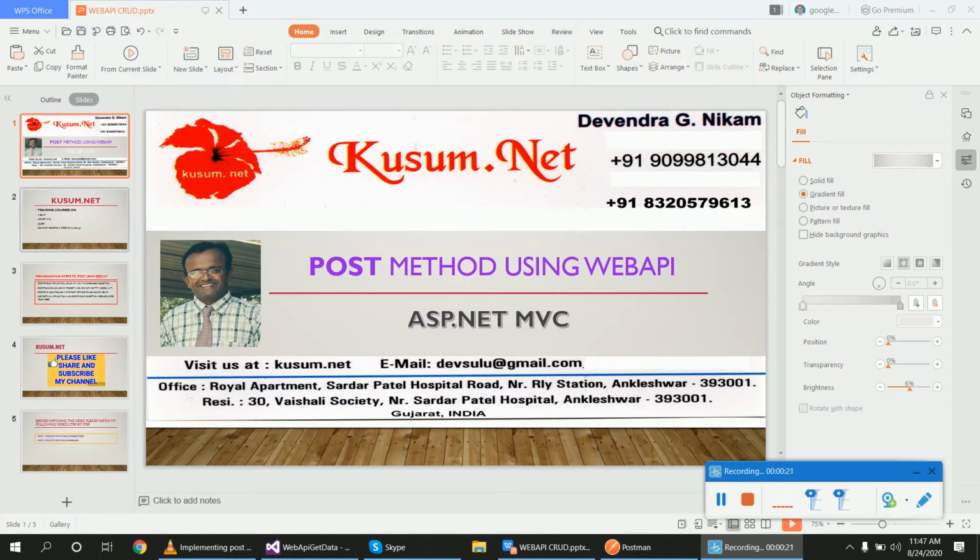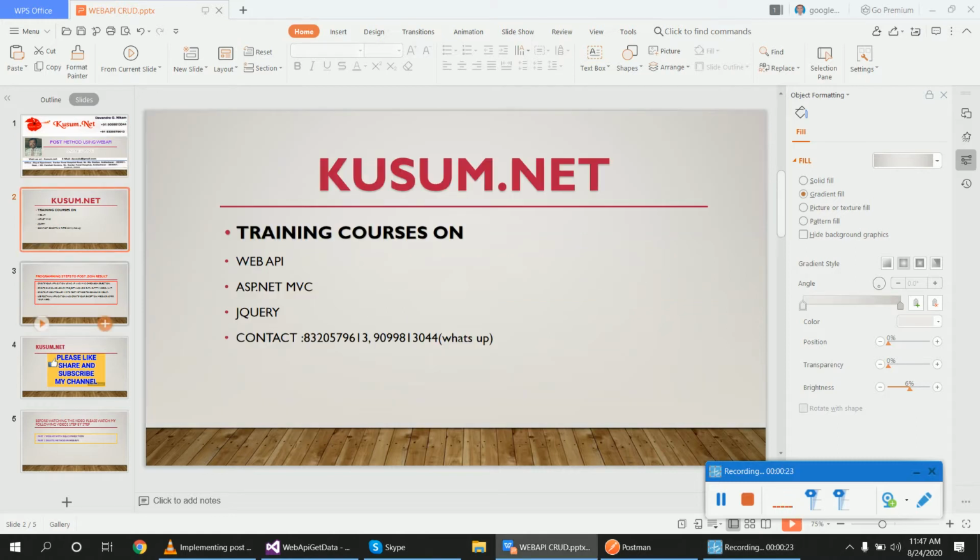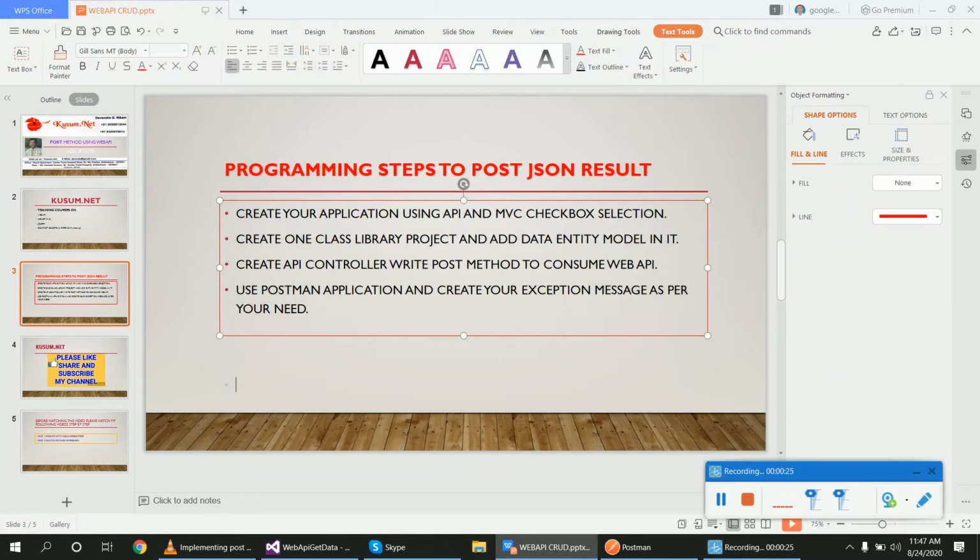Before continuing, we will check the steps to follow. First, you will create one application. While creating the application, you will select the API checkbox and the MVC checkbox. After that, you will create one new project using a class library and add a data entity model in it.